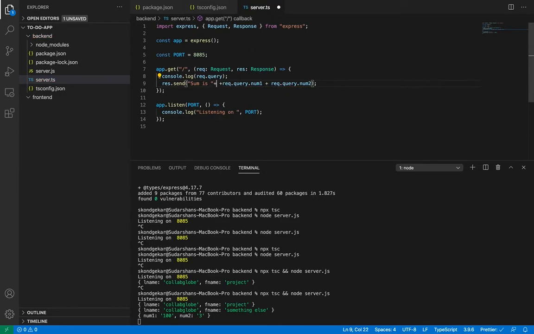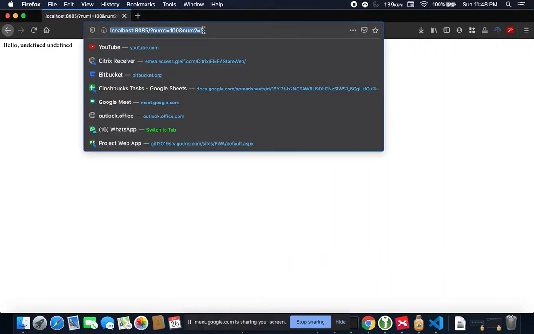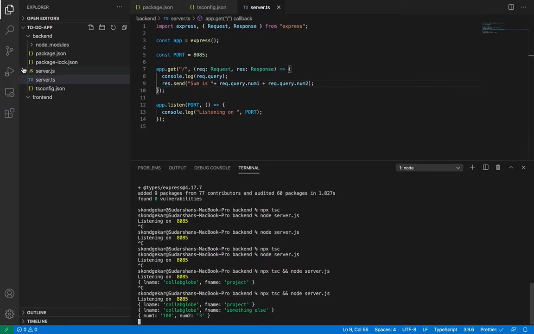Should not be a comma, it should be plus. Let's see what it will do. Now I am expecting that it should add two numbers and show me the output over there, the sum of these two numbers. Okay, let's see if it works.